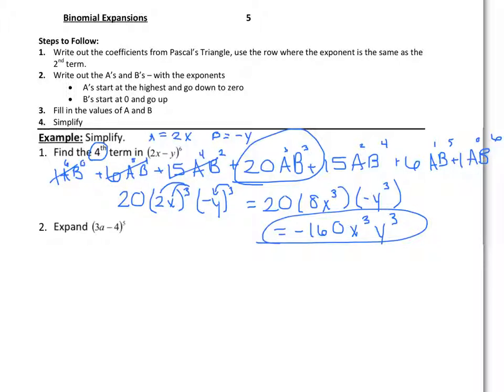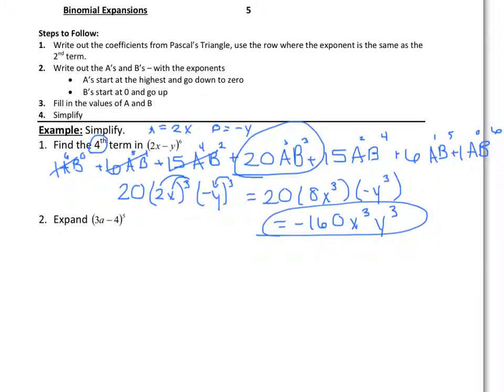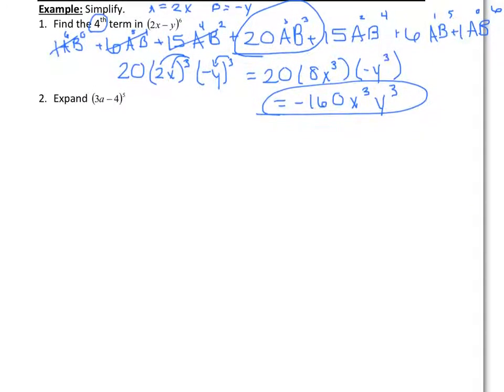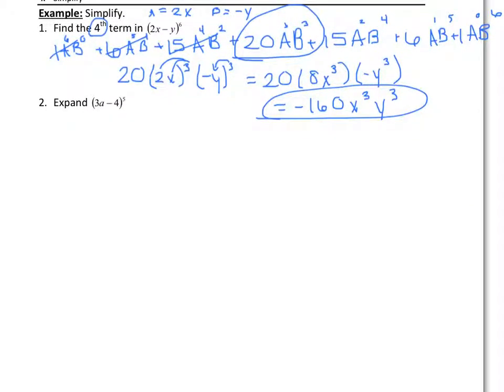Okay, for the next one, I want to do the whole entire expansion, so I'm going to have to use Pascal's triangle to get my coefficients. I'm using the 1, 5 row, so 1 AB plus 5 AB